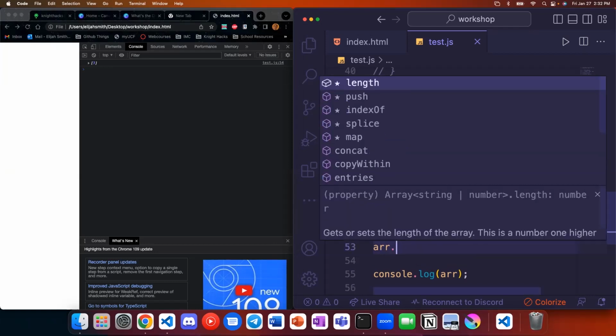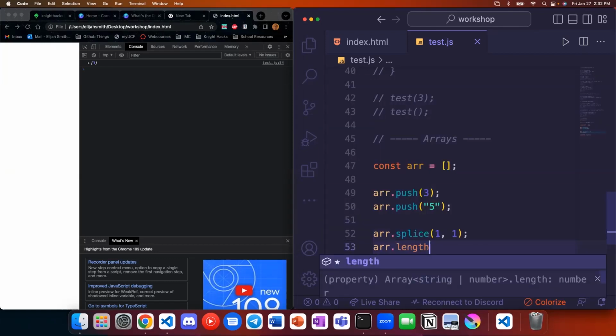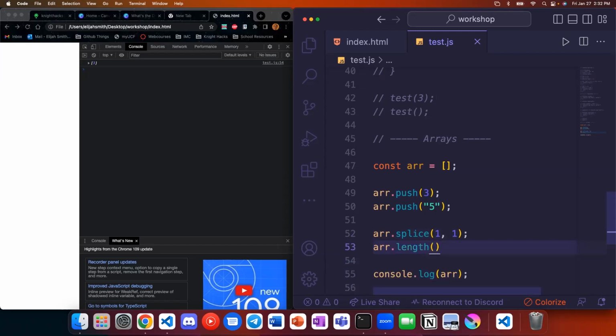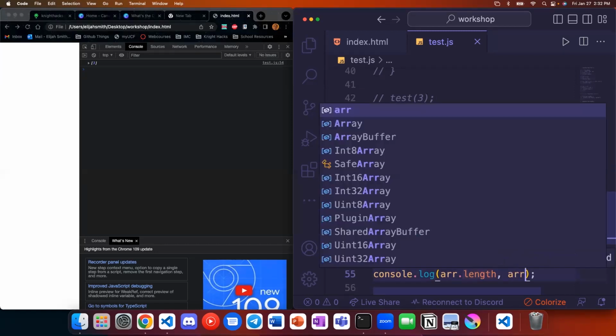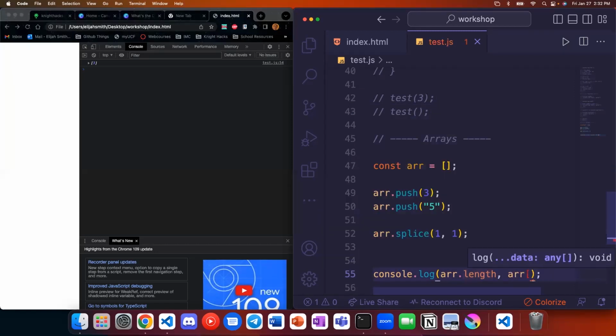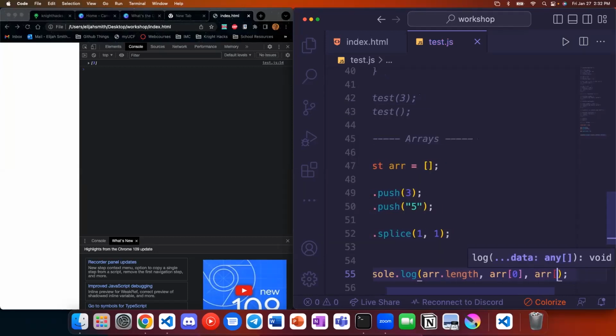Other cool things you can do, you can get the length of the array. It is not a function, it is a property, so we don't need the parentheses at the end, like if it were a string in Java. So we can call array.length. We can access a specific part of the array like you would with any array. We'll also print array of 0. And let's print array of 3 just to see what happens.